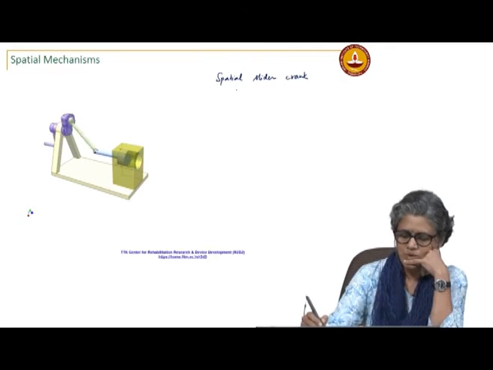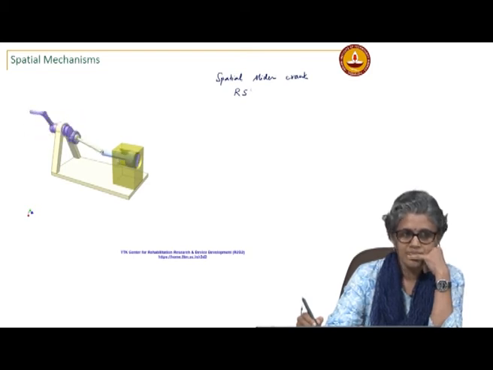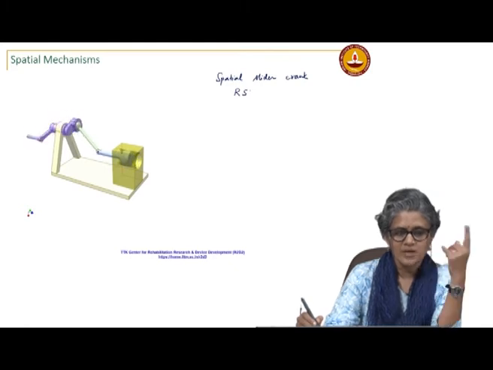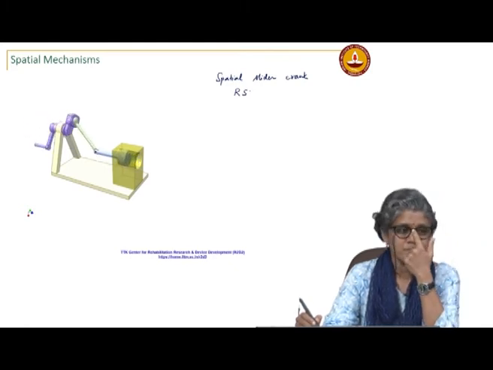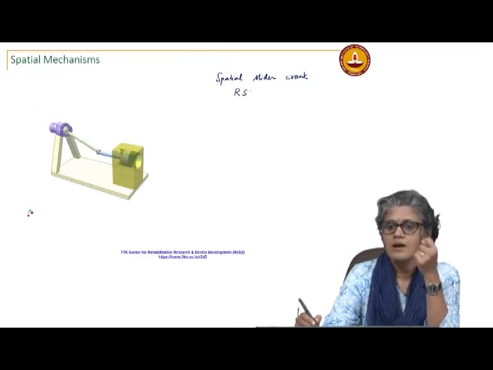So, tell me how you would designate this mechanism in terms of the joints. This would be a R, okay, RS, okay. Somebody says RS, RC, RS,